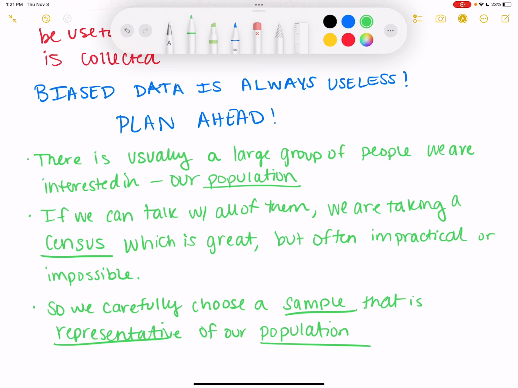So instead, we might say something like, our sample is going to be 25% from each grade in the middle and high school. So you take the class and you break them up, and that's how many you're looking at as your sample size. But something that would be representative of the whole middle and high school by just taking a couple of them.